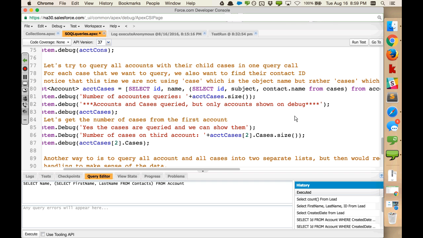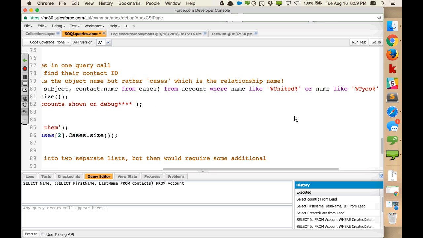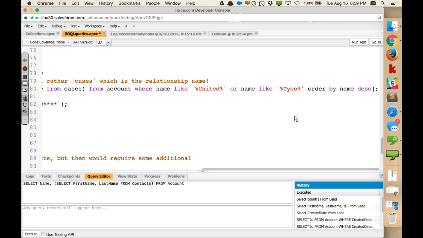And I don't think I have anything following the account, right? To the right, I'm not sure how far line 80 goes. Okay, so we actually do have a like statement. So I have a where statement. When I say where name is like, and like is basically contains, right? So you use